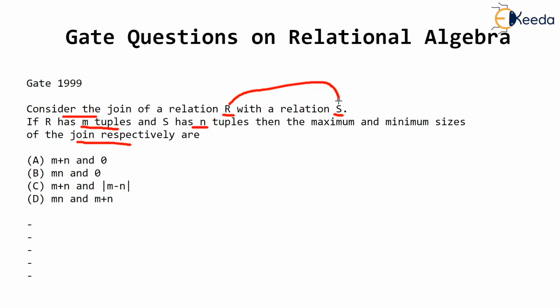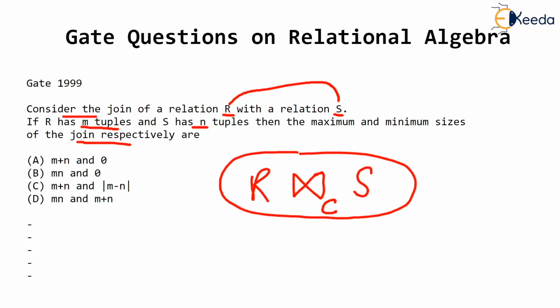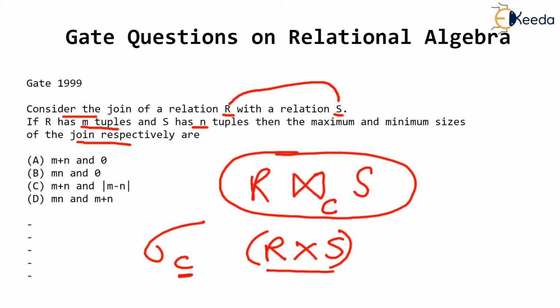Now you always remember that whenever you join two tables, there is some condition. Maybe equijoin has equal condition, theta join has any condition like greater than, less than, not equal to, whatever. But this entire operation can be summed up as: first find cross product of R and S, and then run a select using that predicate, that is condition. So from R cross S, only those rows will be filtered out which pass this condition. So how many rows maximum are possible and minimum are possible?